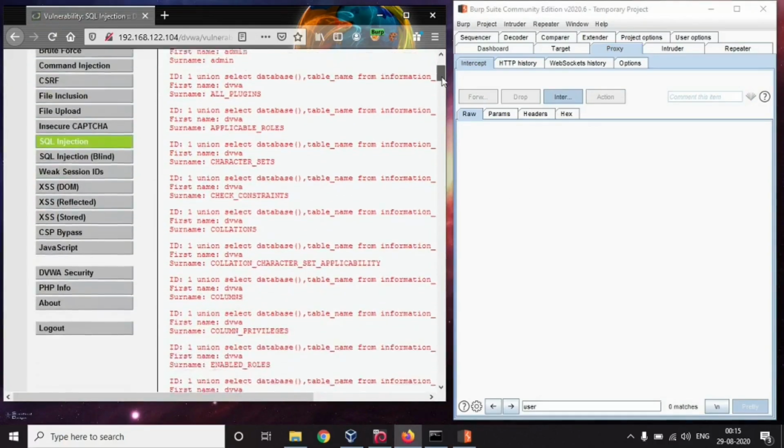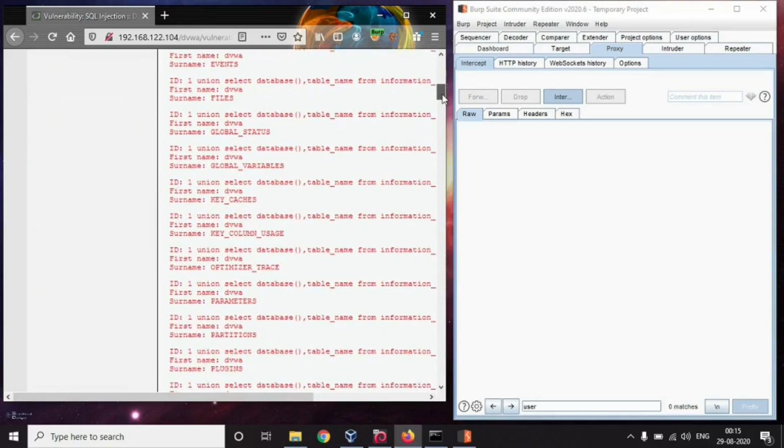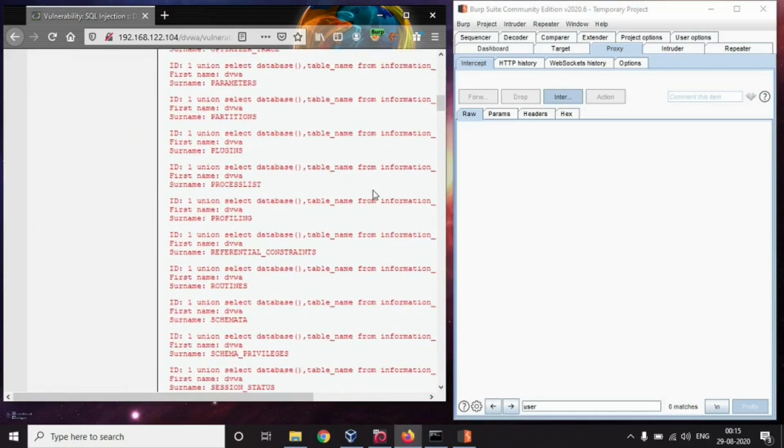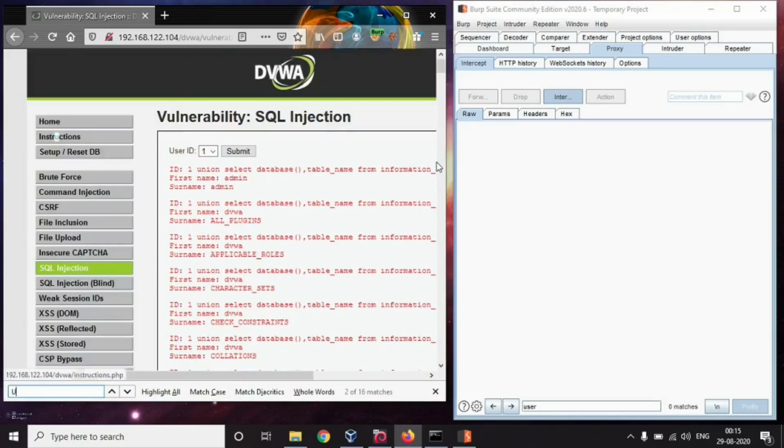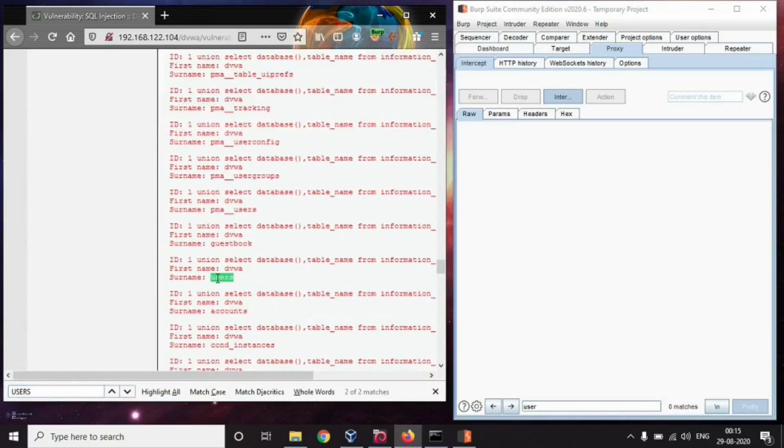So this gave us all the tables that are present in this database. Okay, so we have a users table.